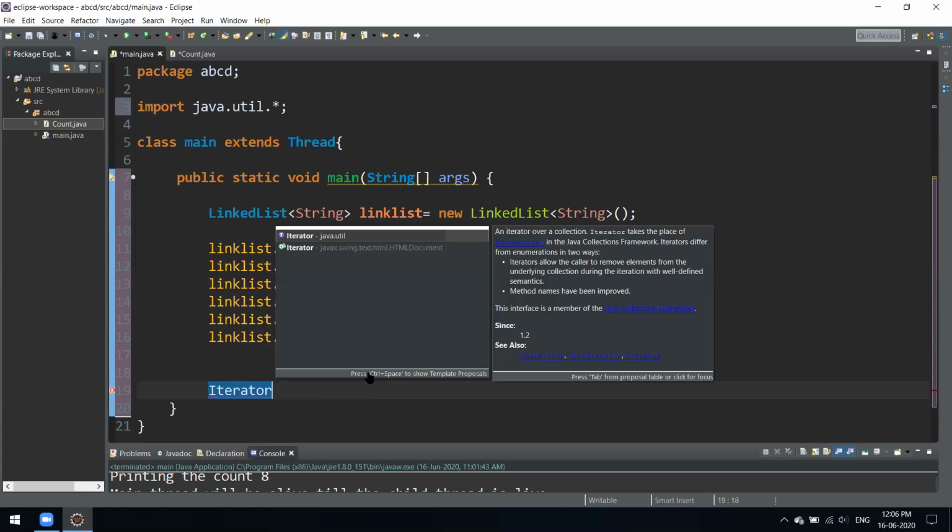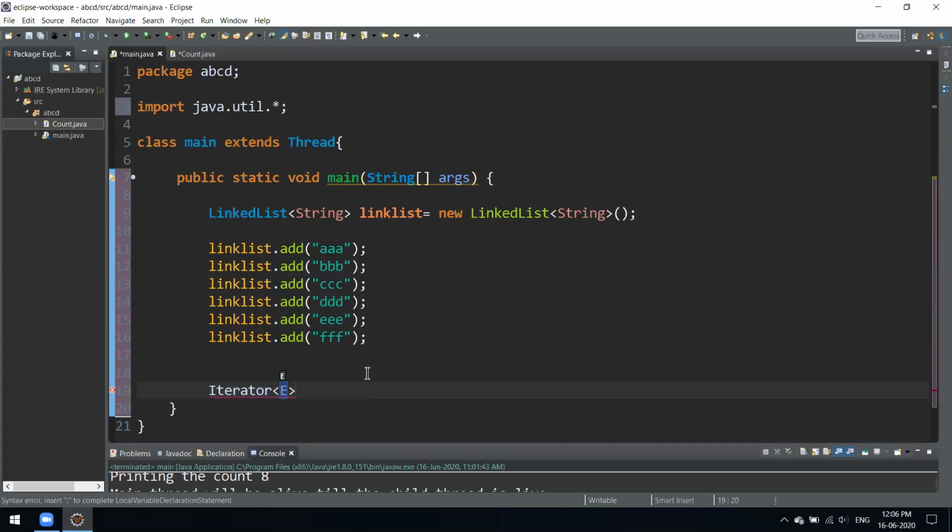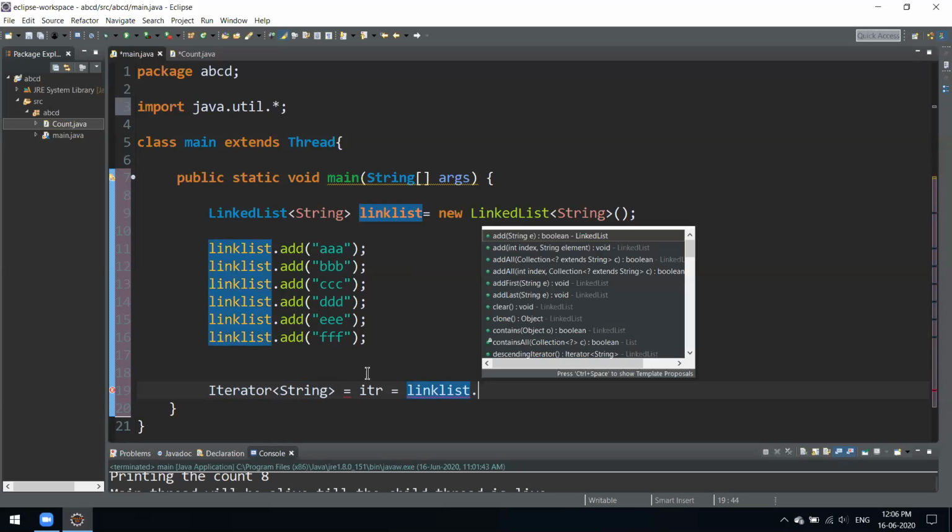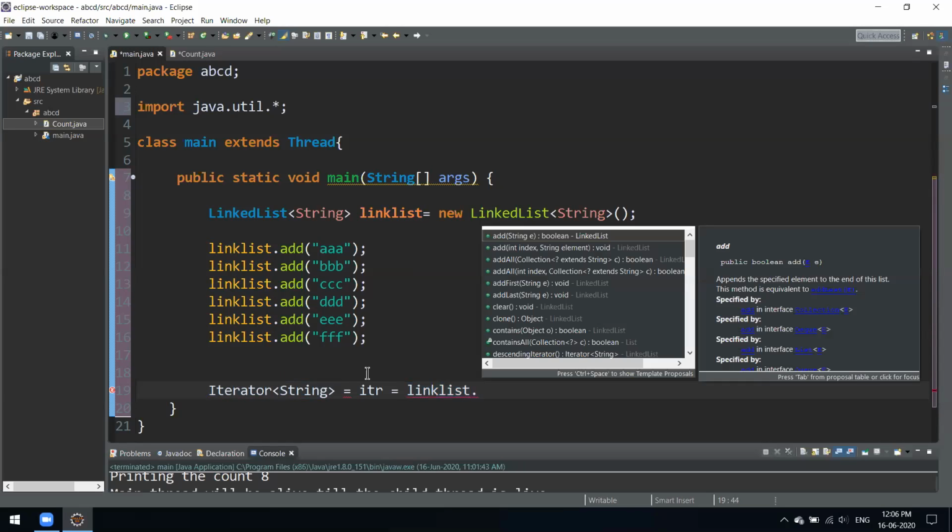This is an Iterator interface. Keep in mind this is not a class, this is an interface. We'll give our linkedList dot iterator.